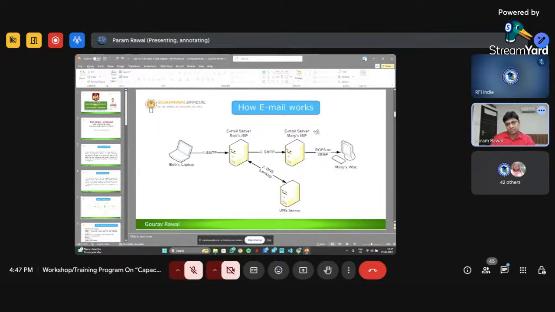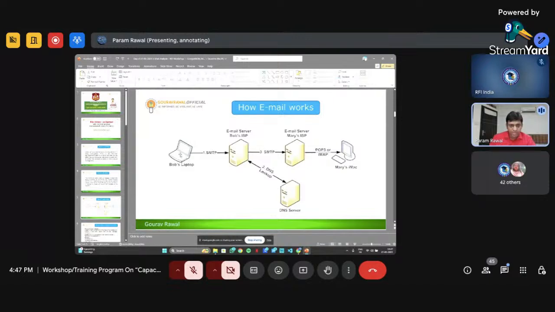Both have their systems available with them. Bob's laptop sends the message to the SMTP email server of Bob's ISP. This is the internet service provider of Bob's laptop, and this is the internet service provider of Mary's PC.